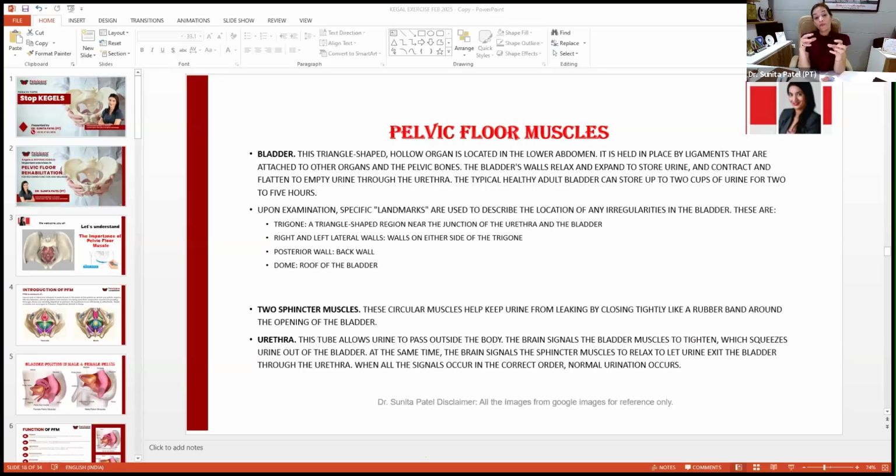Same way, if the patient is telling you, I have urgency and on the way to the washroom I leak, it means the patient is suffering from two dysfunctions. Her detrusor muscle is also contracting, so the nerves supplying it are also overactive. And the same way, the pelvic floor muscles are also weak. So when urgency and leakage on the way to the washroom are both present, then only doing Kegel exercise will help the patient. Yes or no? If urgency is a symptom, will only doing Kegel exercise help the patient?